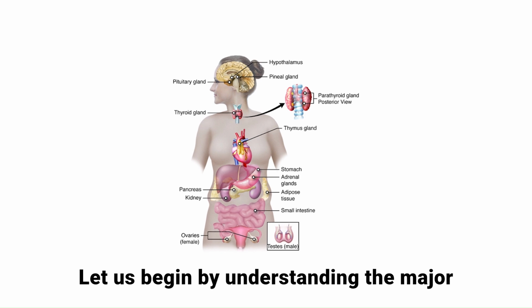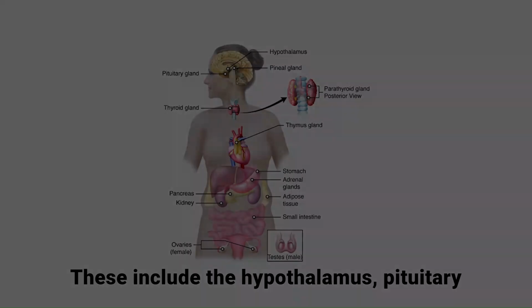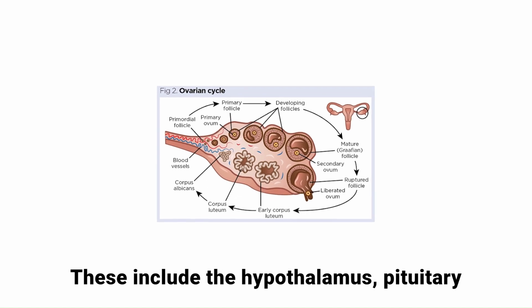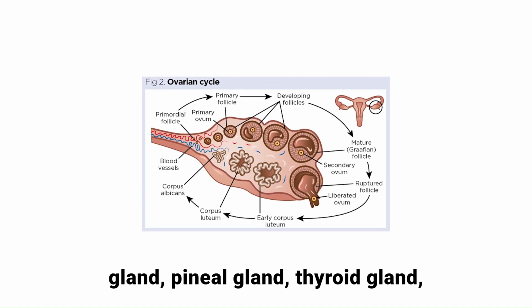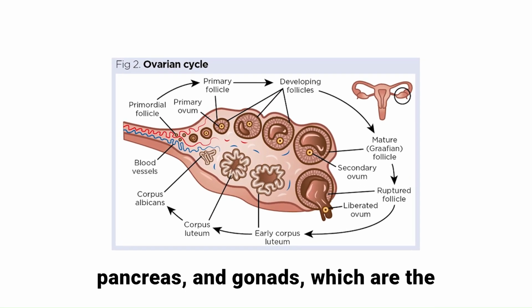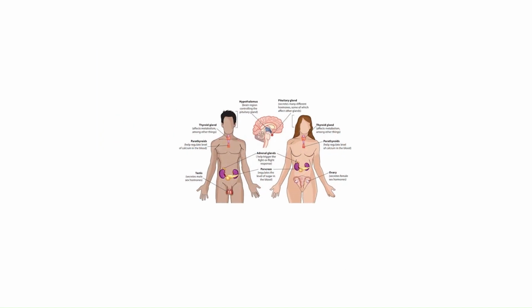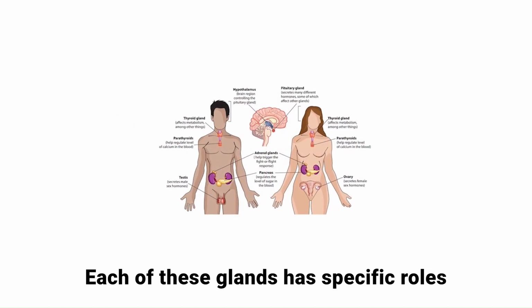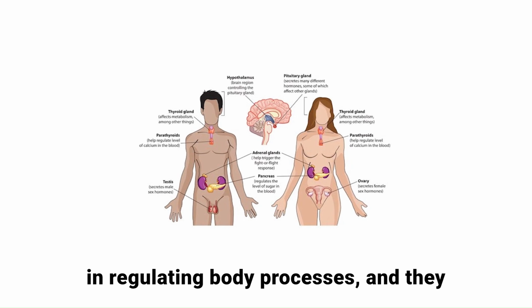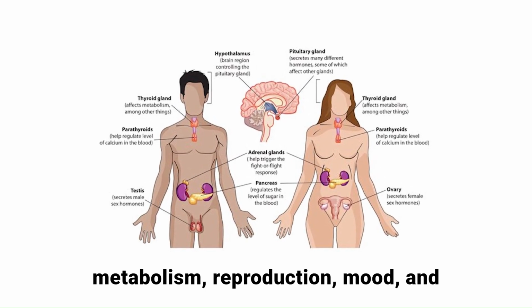Let us begin by understanding the major endocrine glands in the human body. These include the hypothalamus, pituitary gland, pineal gland, thyroid gland, parathyroid glands, adrenal glands, pancreas, and gonads, which are the testes in males and ovaries in females. Each of these glands has specific roles in regulating body processes, and they release hormones that influence growth, metabolism, reproduction,